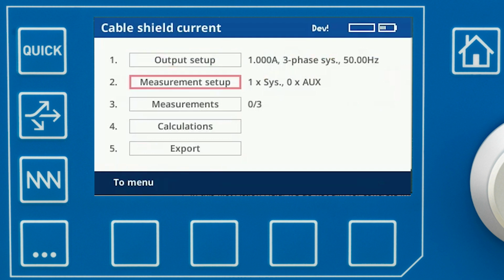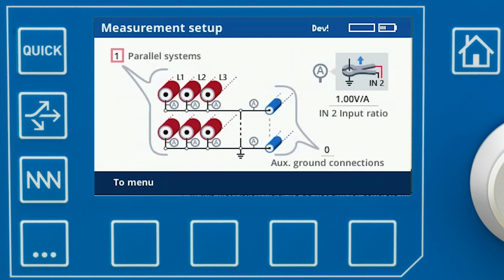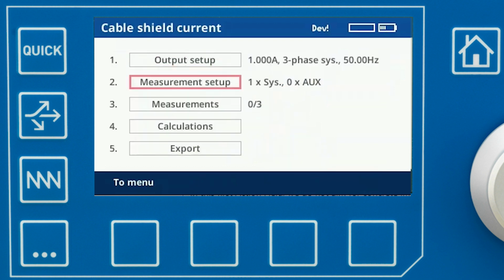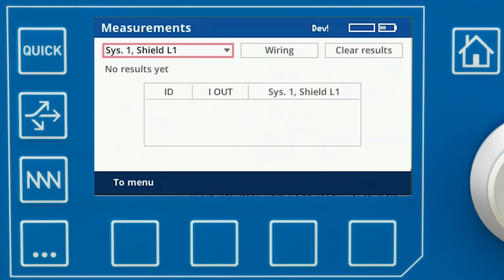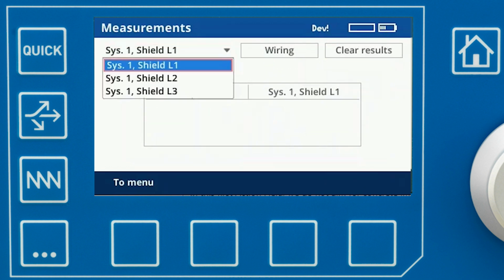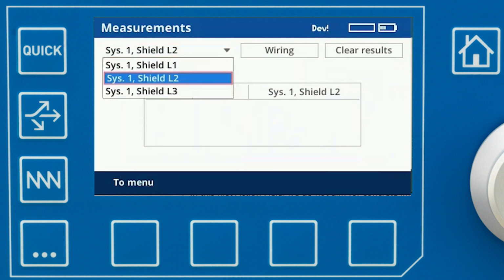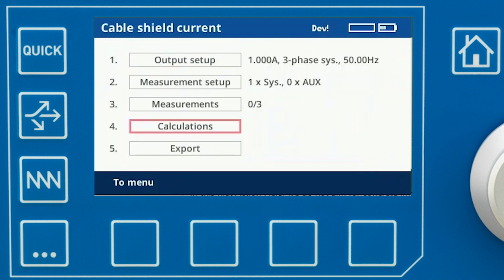The next application module would be the shield current module, which can be used to detect unequal current distribution amongst cable screens. You can have here multiple parallel systems. You can also specify auxiliary ground connections, specify which clamp you are using, and then again, COMPANO will inject different fault loops and measure the according screen currents, and from these screen currents, then the screen current distribution for